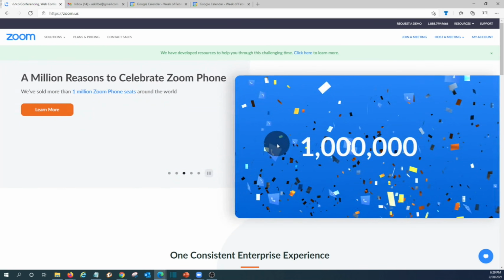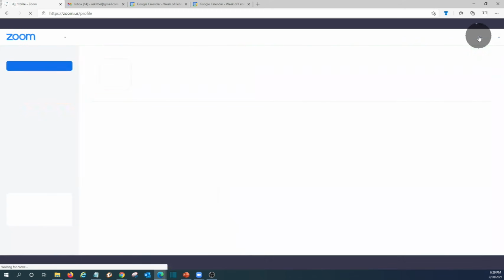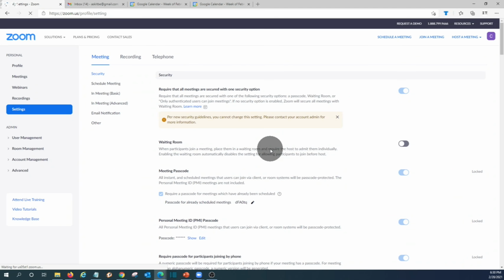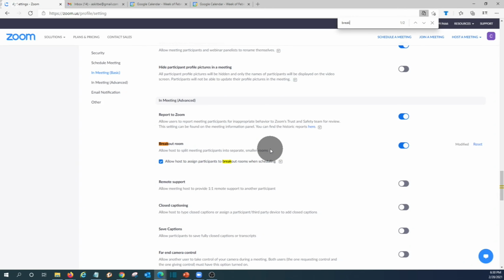We need to log in into our Zoom account. We will click on My Account on the upper right corner. We will click on Profile, and then we will go to Settings. We will scroll down. We will search for Breakout Rooms. By default, it is disabled, and we have to enable it. If we select this option here, it will allow us to assign to another participant the administration of the breakout